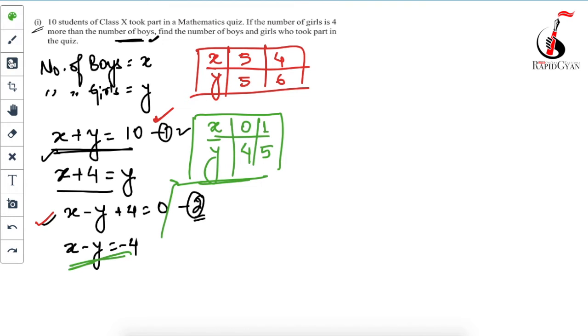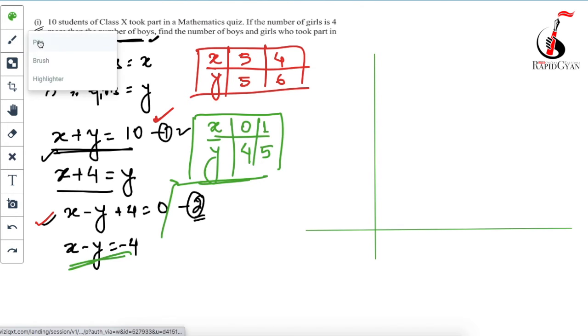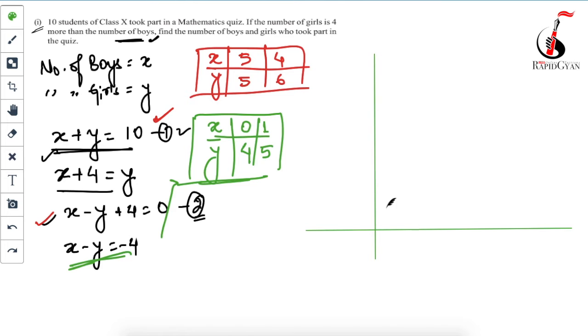Now we will have to draw the graph. So this is your y-axis, this is your x-axis, and I will use this. The maximum is 6 on the y coordinates, and on the x coordinate the maximum is 5. So 1 2 3 4 5, here it's 1 2 3 4 and 5. Now we will have to draw the graph. So how are we going to draw the graph for this, beta?